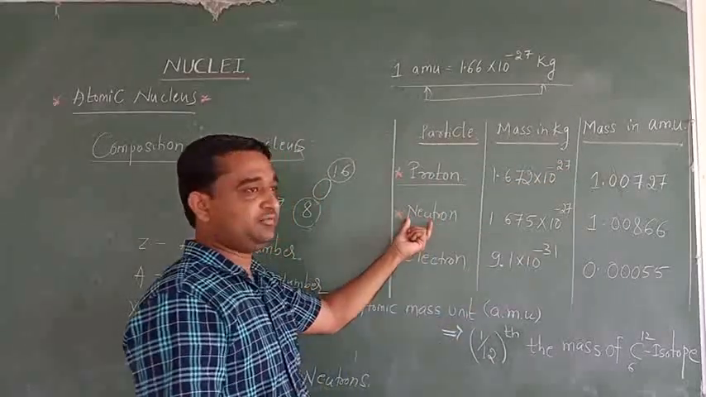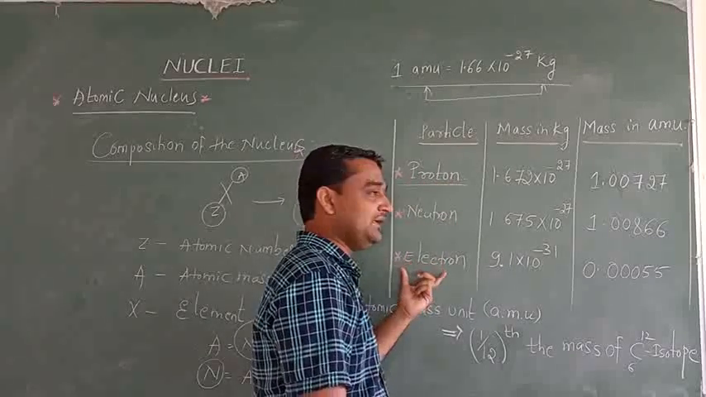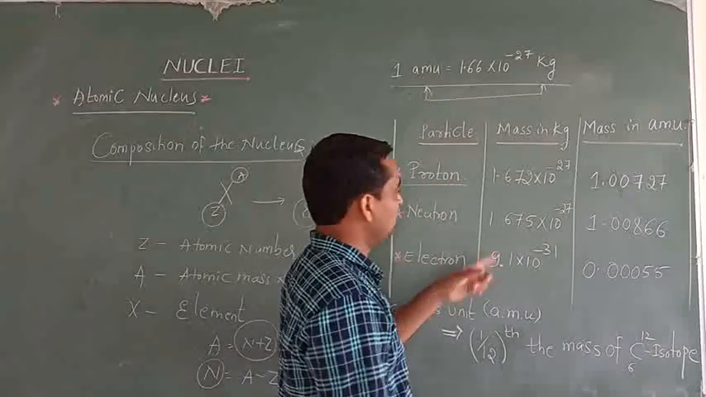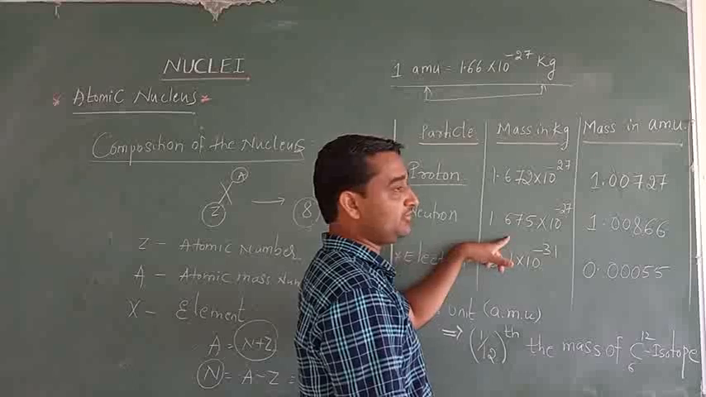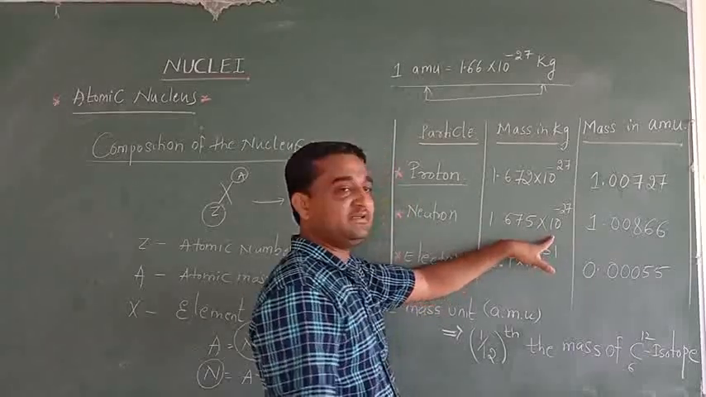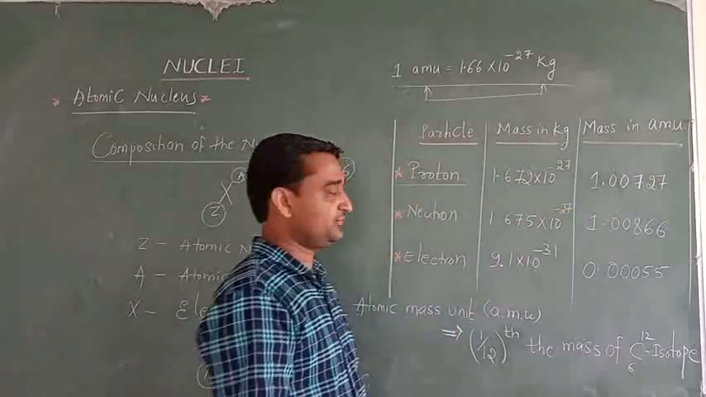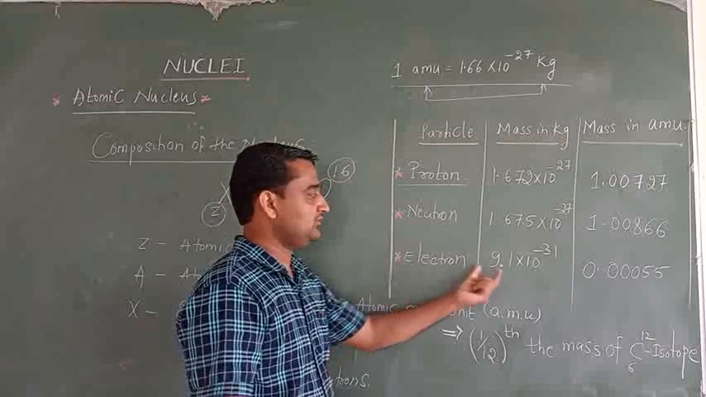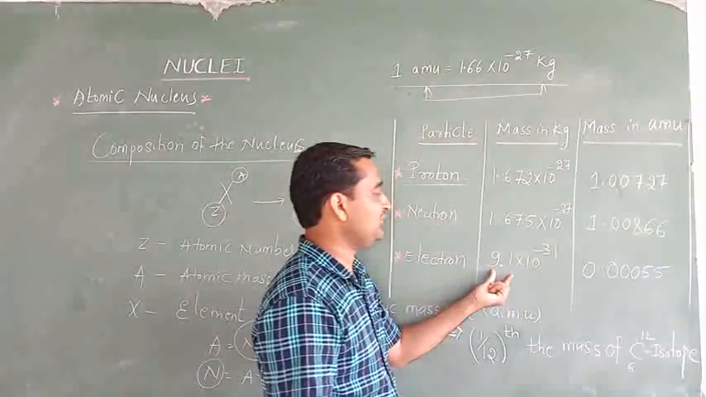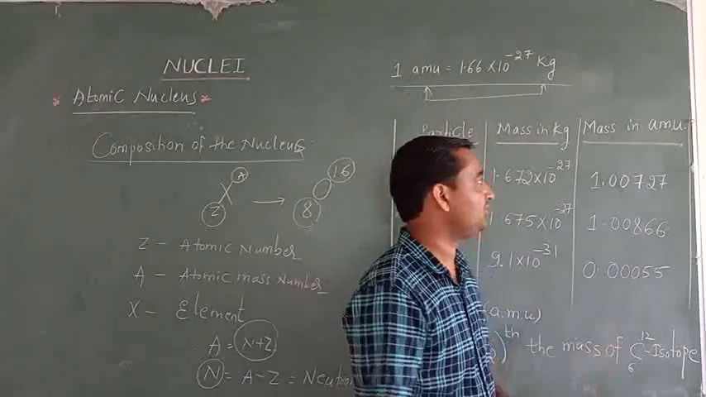Next, the neutron, which is electrically neutral. Note that the proton is a positively charged particle and the electron is a negatively charged particle. The mass of the neutron in terms of kg is 1.675 into 10 to the power minus 27. In terms of AMU, it is 1.00866. Again, for the electron, the mass in kg is 9.1 into 10 to the power minus 31, which in terms of AMU is